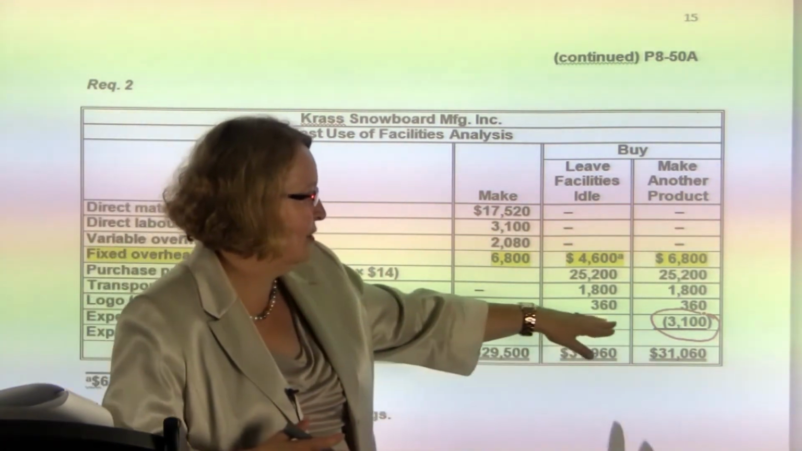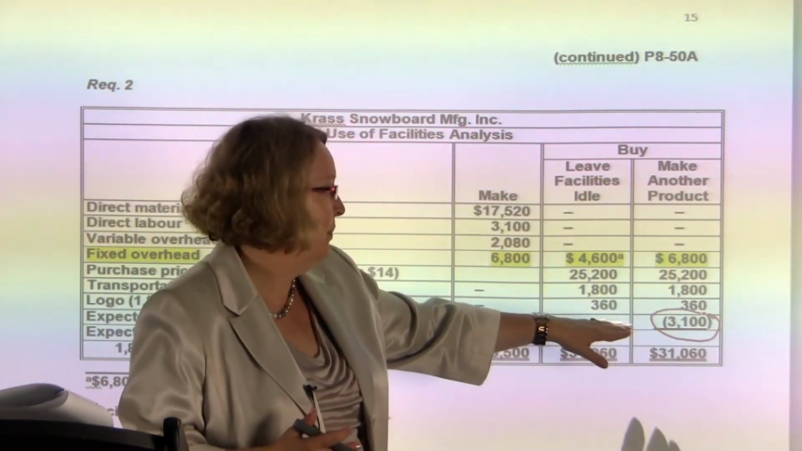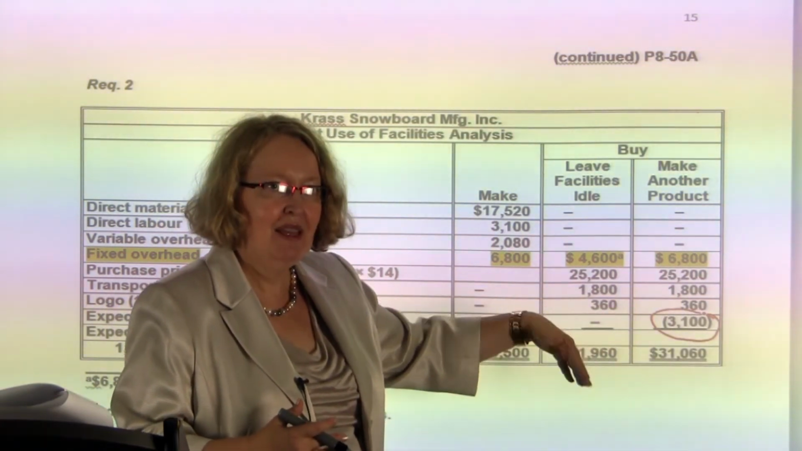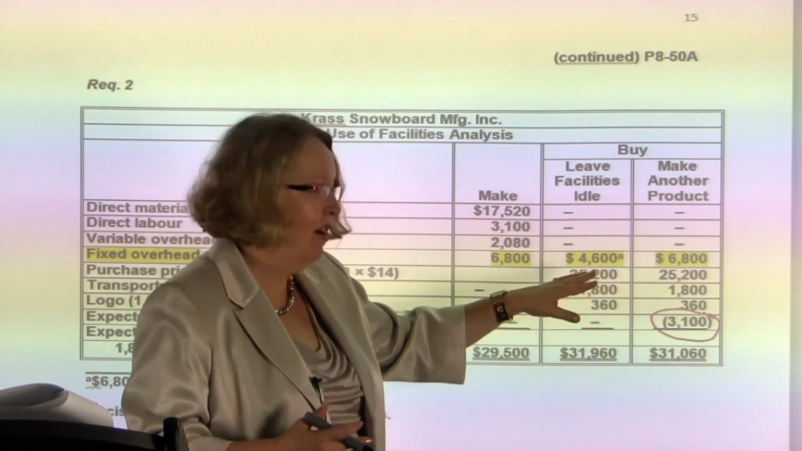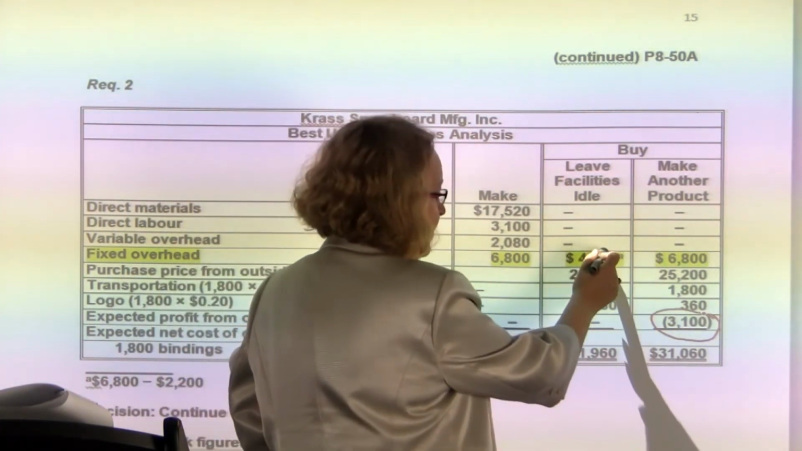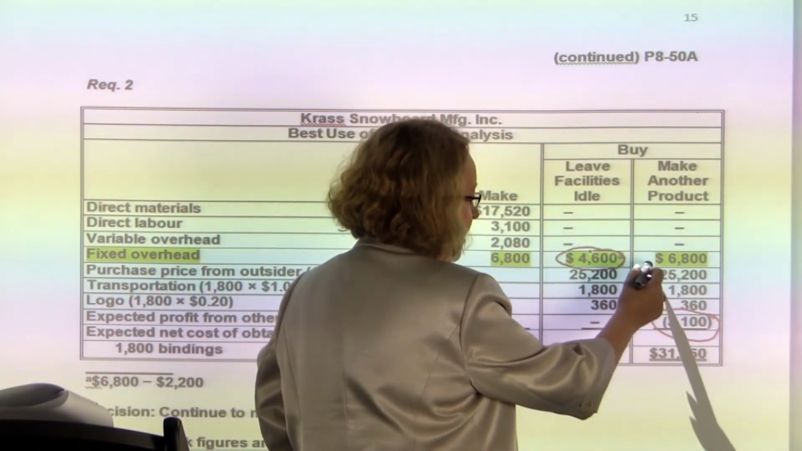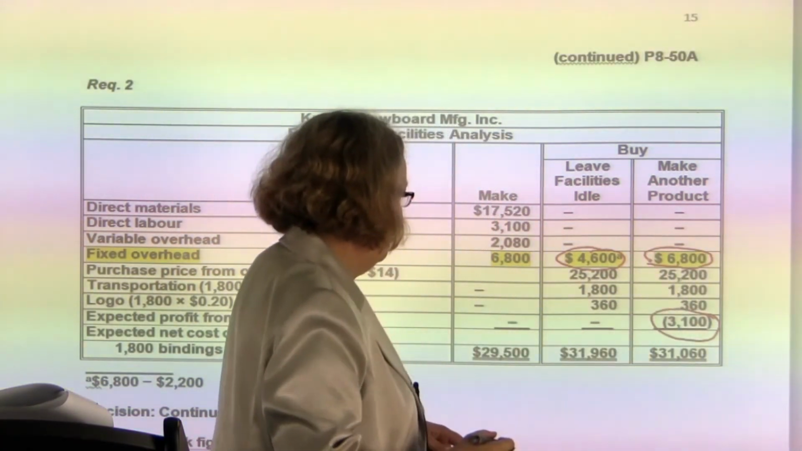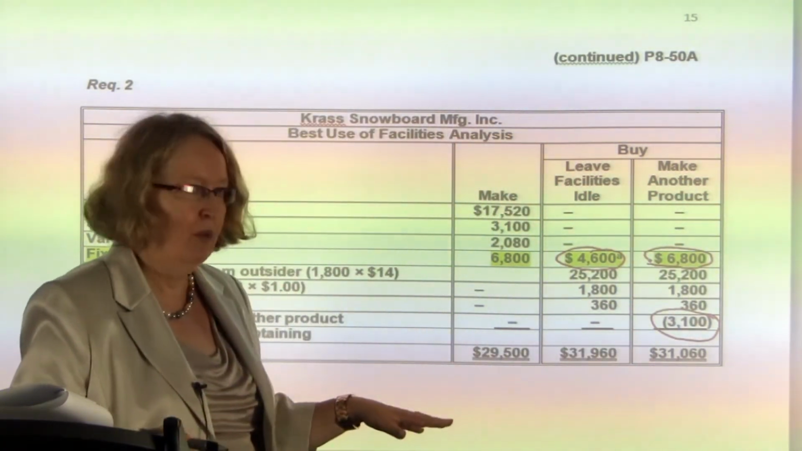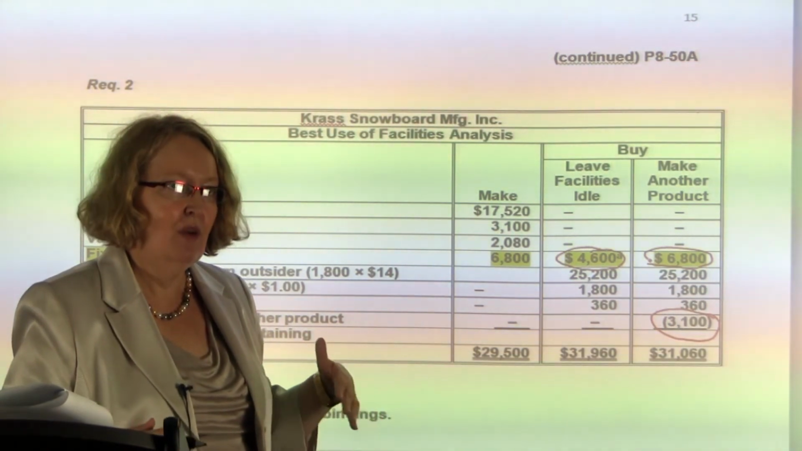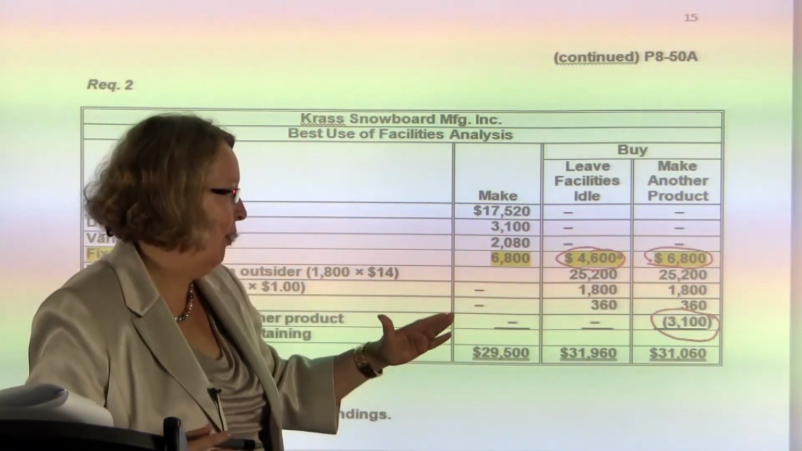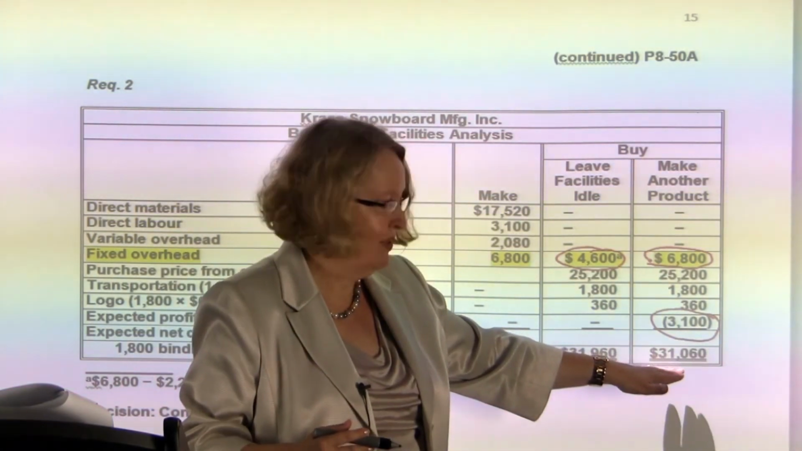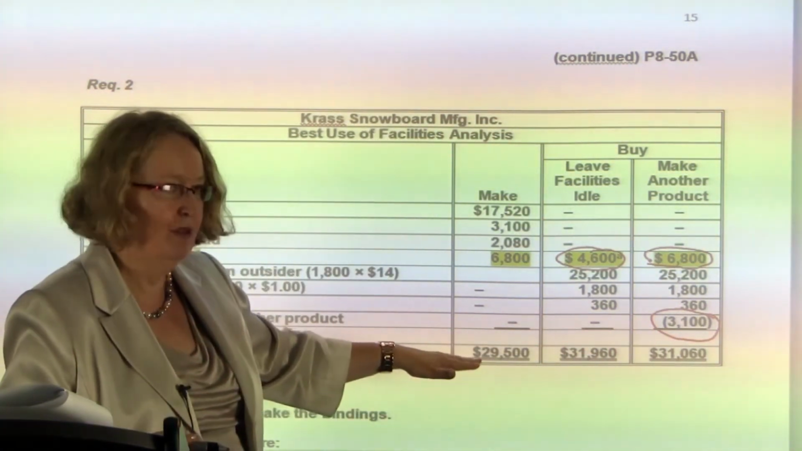That something else is going to give us an extra $3,100, but because we're using the facilities to make something else, our fixed cost cannot be reduced to this $4,600. So our fixed cost is going to stay at $6,800. So even though we can use the idle facilities, we're not able to reduce our fixed costs now. Therefore, the total is $31,060 compared to the cost to make it yourself,